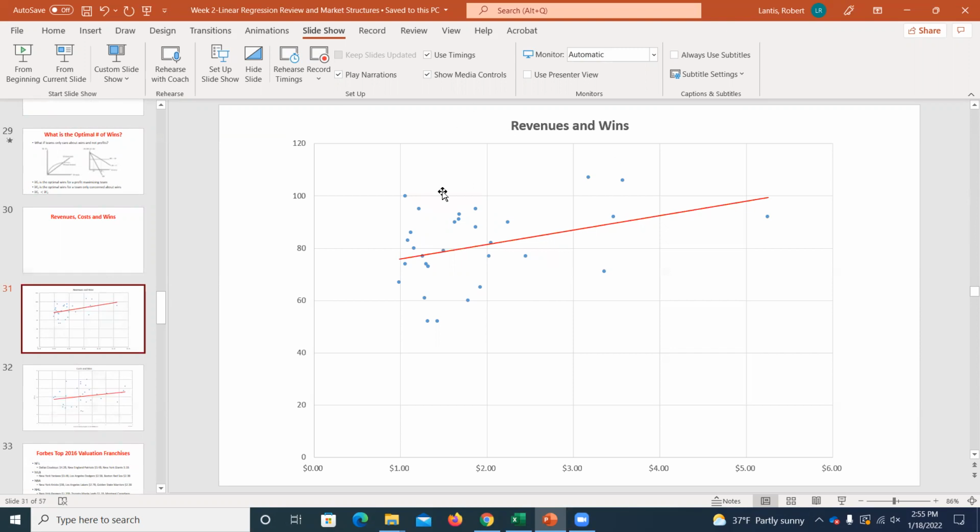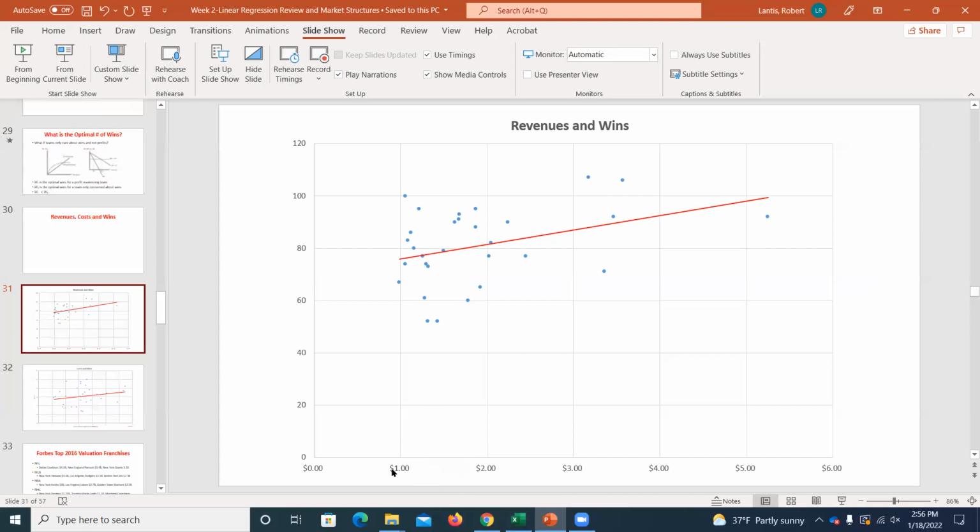Total revenues, total costs. So if we look at some of the data out there, as you would expect, if a team has a higher revenue stream, we expect that they're probably going to have more money to spend on talent, and they're going to be able to target a higher number of additional wins. Now we'll see how this plays out graphically next class, but I want to foreshadow it with some data. Okay. So here, I believe this was Major League Baseball I looked at, specifically because there's no cap. The other leagues have some caps, so I have some additional issues that we'll dive into later. But here, and I think this would probably be in billions,